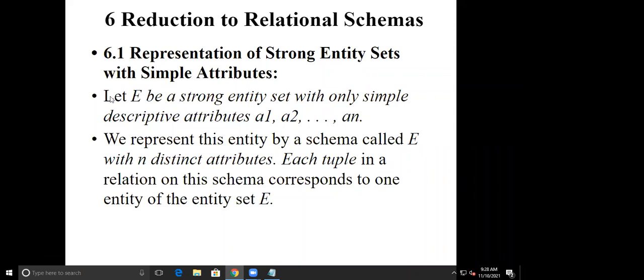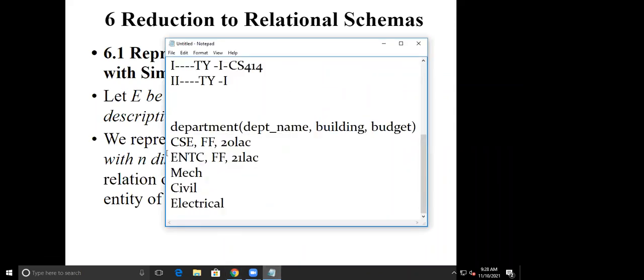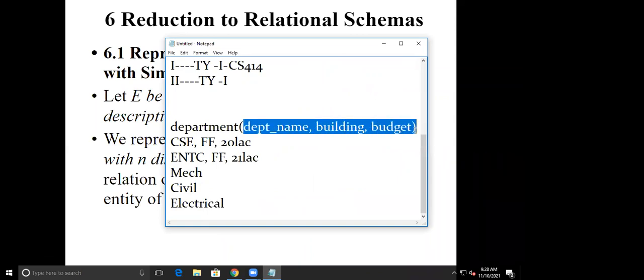That means department, which is the name of my entity, we will give the same name to our relation. Attributes, each tuple in a relation. Okay, each tuple, each record, each row. In the table I have these columns. This is only representing my structure.